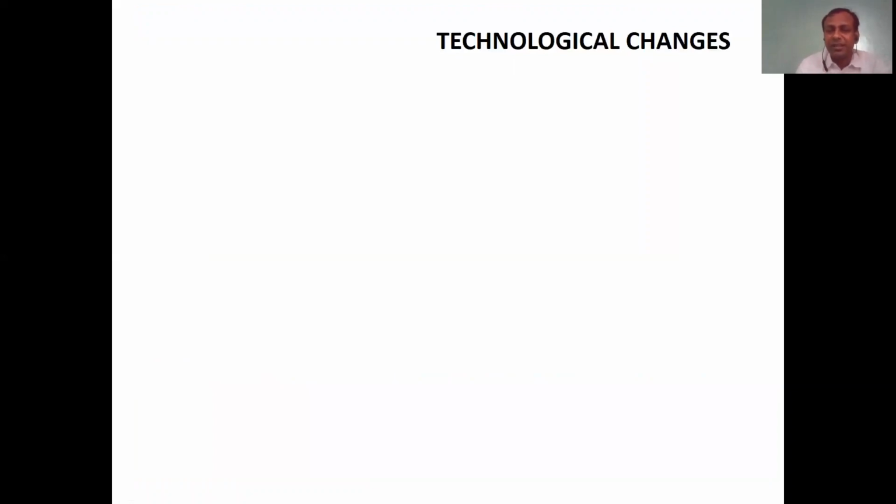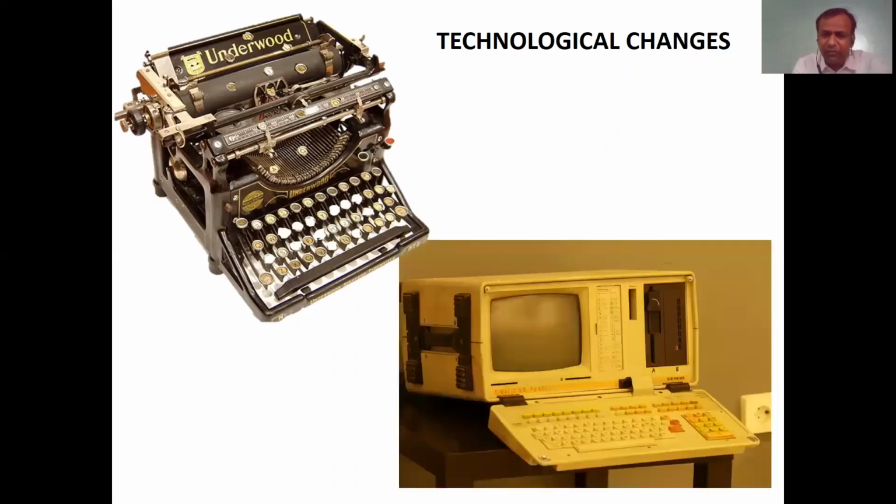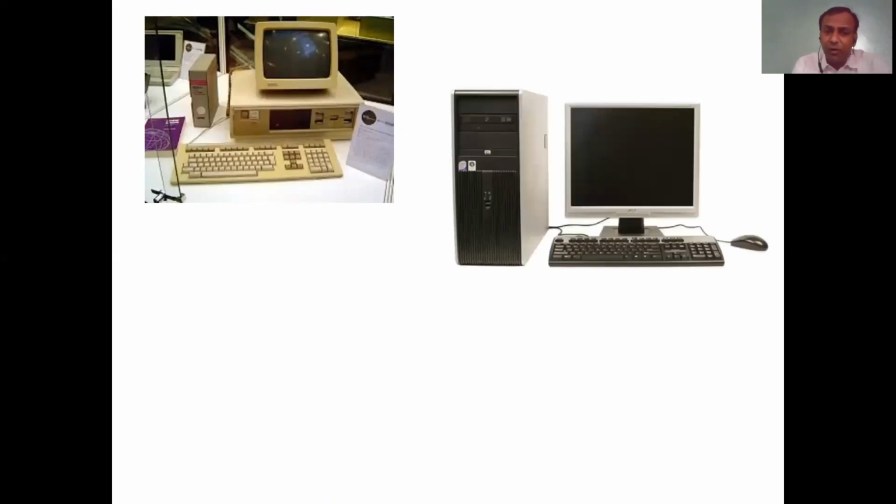Now, how the technology changes is what we aim to explain. Now this is the typewriter, long time back, around 60 to 70 years back. Then when transistors came into play, there was the computer. Then more technological changes: a better, more compact computer. And on the introduction of nanotechnology, we have a perfectly compact structure and a very thin computer screen, and even our